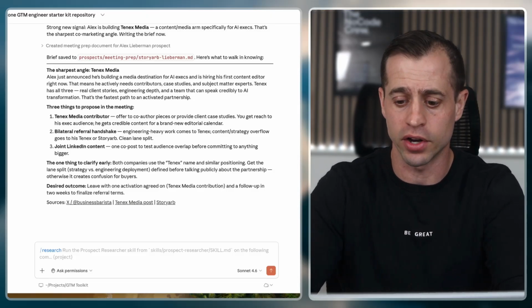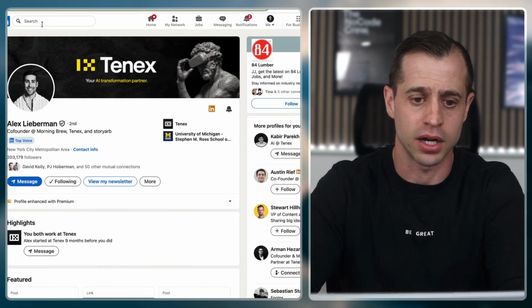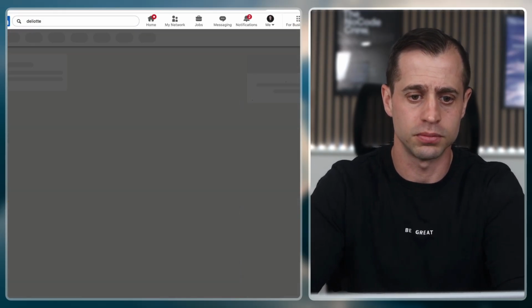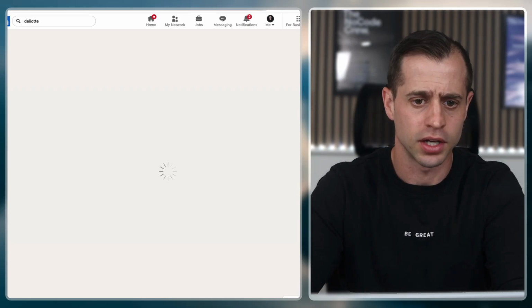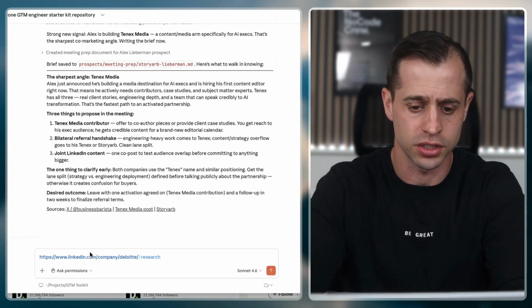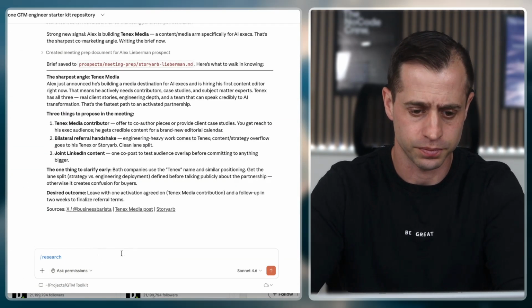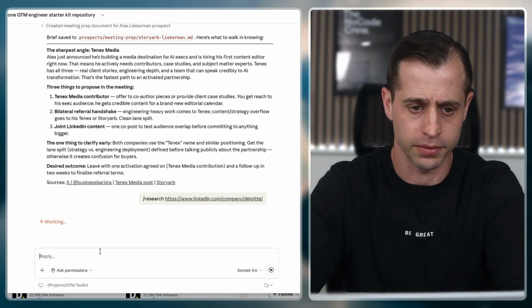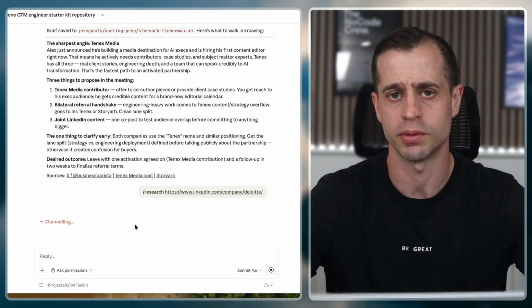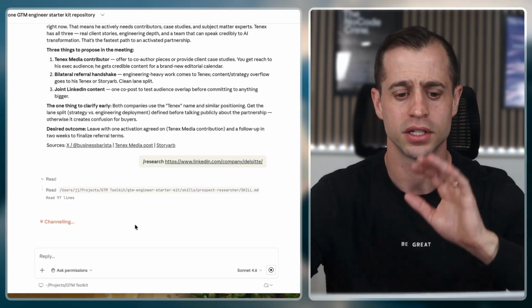So let's say I want to do some research on, let's say Deloitte, all right? Deloitte, boom, boom, boom. Grab the company handle here. I'll bring this in there. And I'll go back to Claude Code and say research Deloitte, all right? Now what this will do is it'll put together a full research report on who Deloitte is,